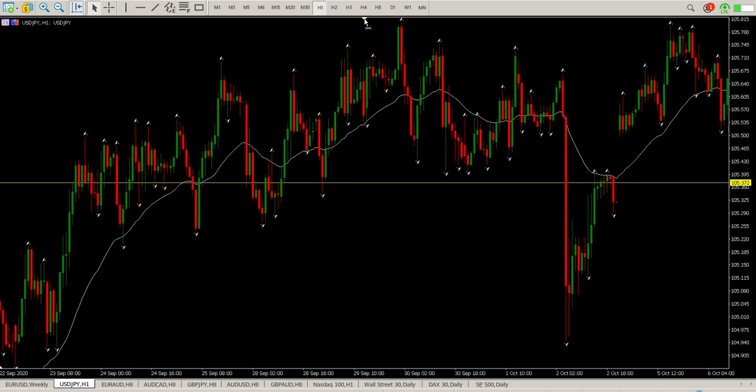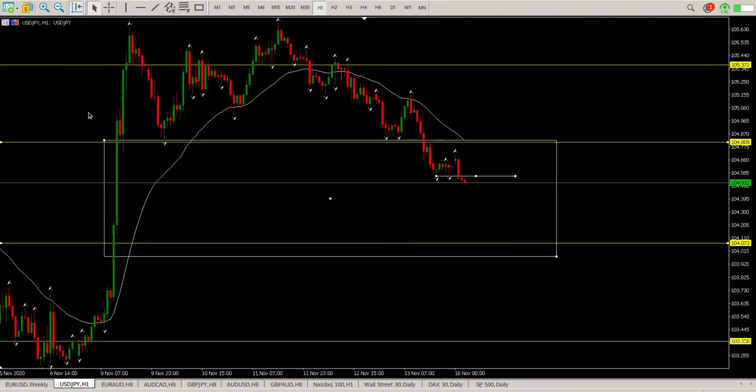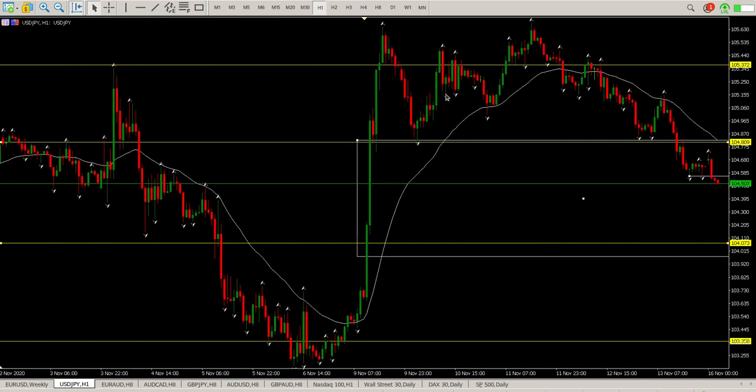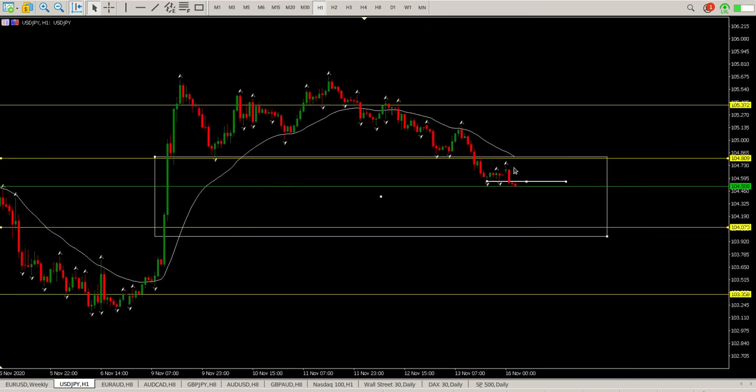Just come down to the hour. You can see the trend is down on the hour. Preferably would like to see some kind of a retest of this area. Don't know if that's going to happen. 104.809. Alternatively, what you'd be looking for is to see what happens right there, 104.558. Look to the left, there's nothing really to hold it up immediately. You've got to look a little bit further to find the structure that may appear. But I think this is well worth a short,